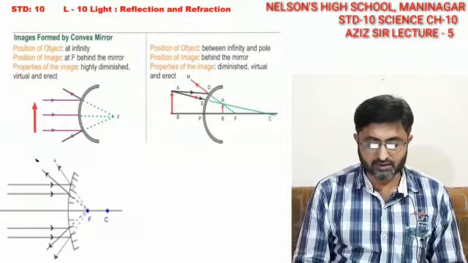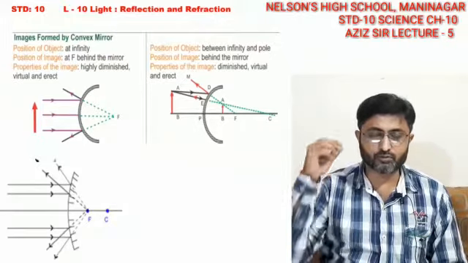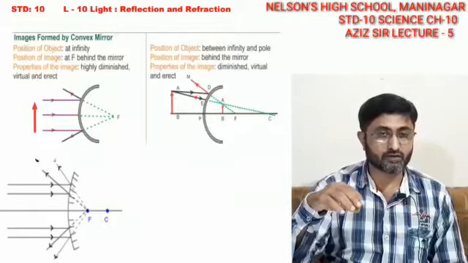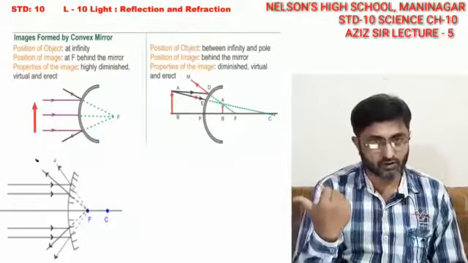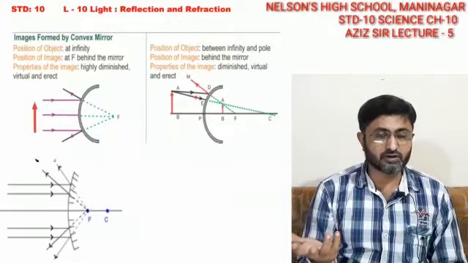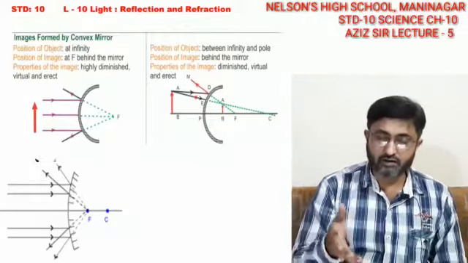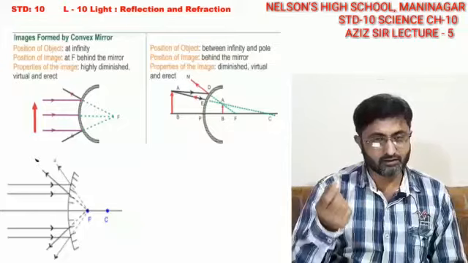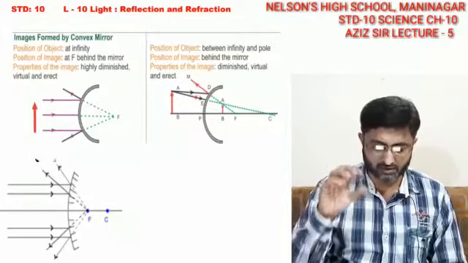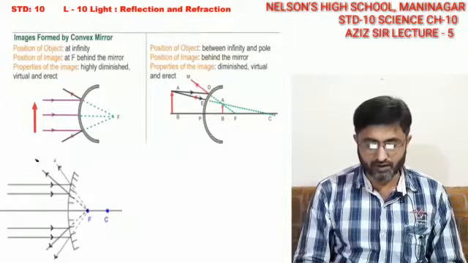So the position of the object is at infinity, and the position of the image is at the focus, behind the mirror. The nature of the image will be virtual and erect,